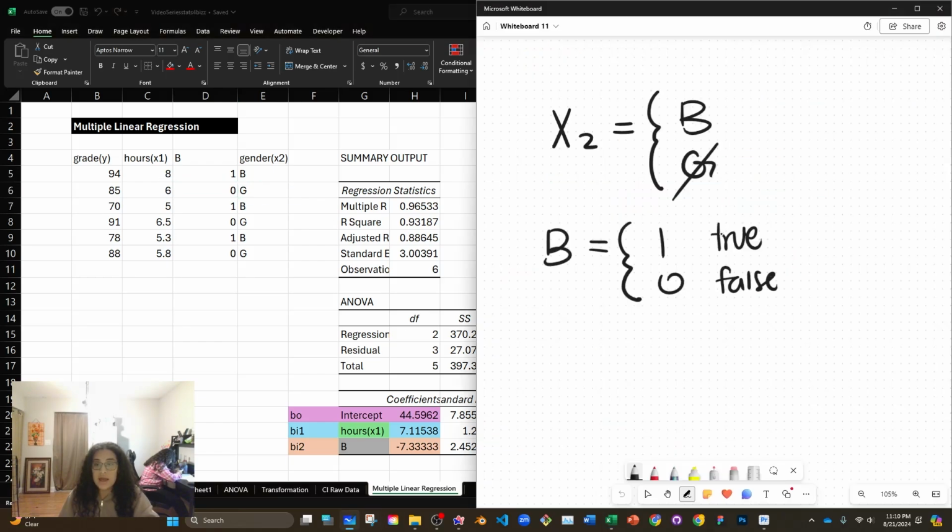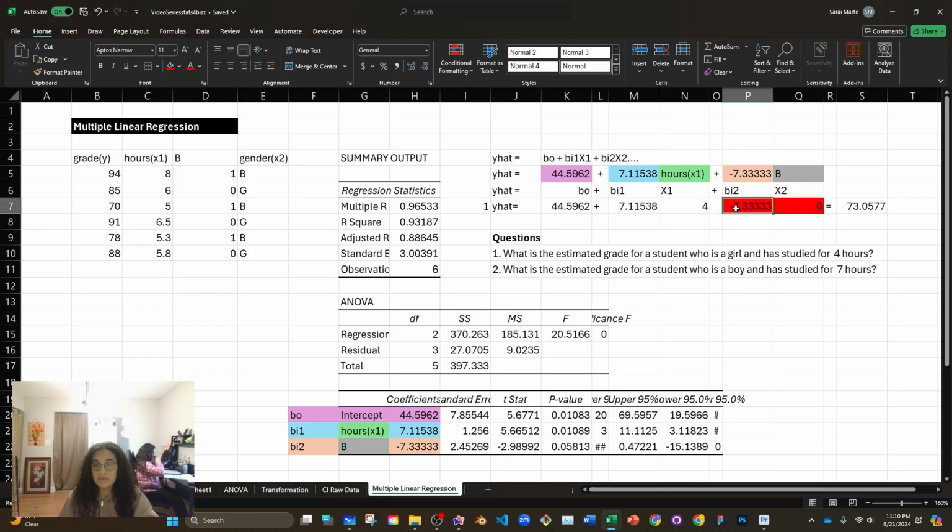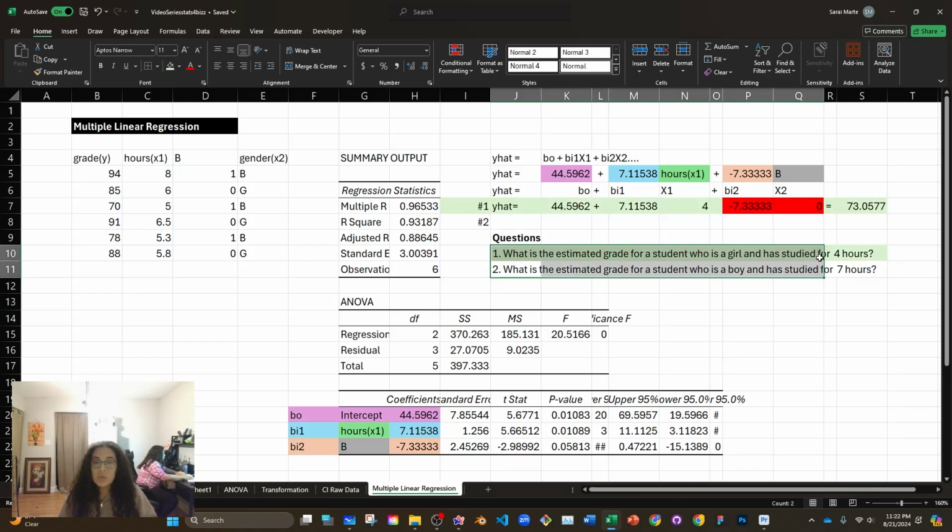We said that if it's not a boy, then it's 0. And so that cancels out with this coefficient, and therefore we don't even need to involve this in the calculations. So the answer to number 1 is 73.0577. The next question is asking, what is the estimated grade for a student who is a boy and has studied